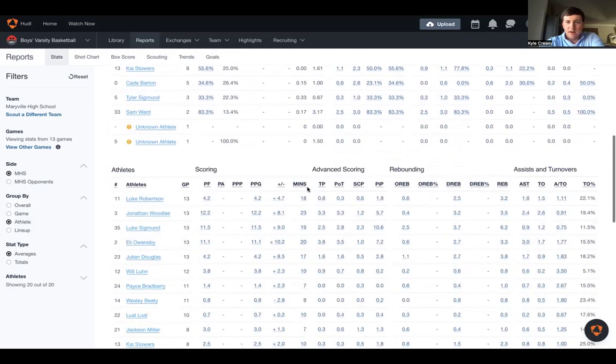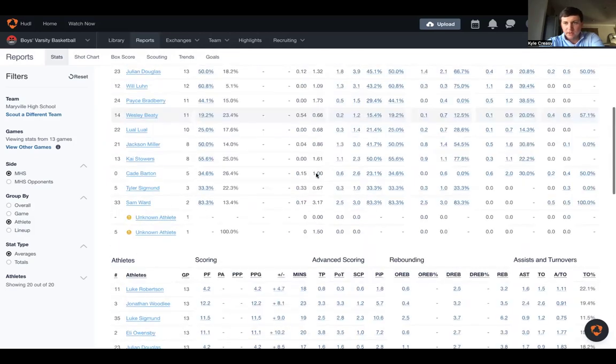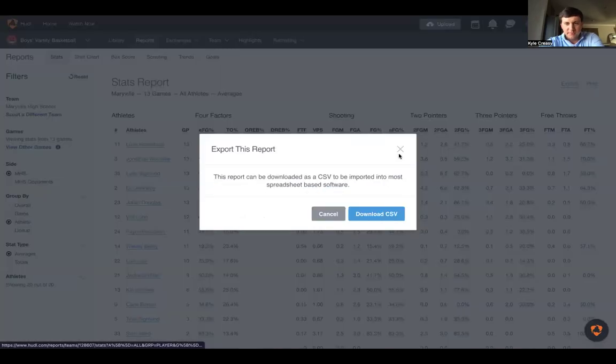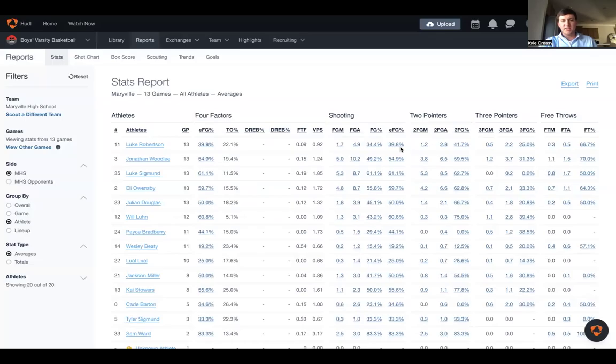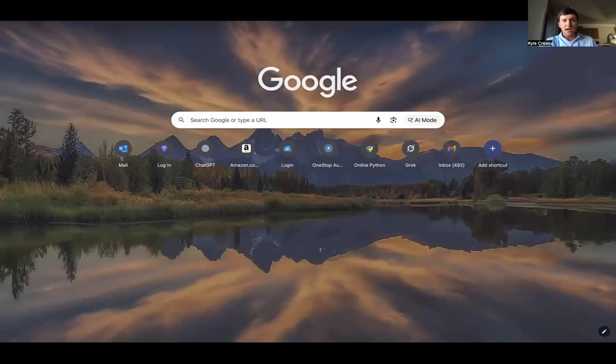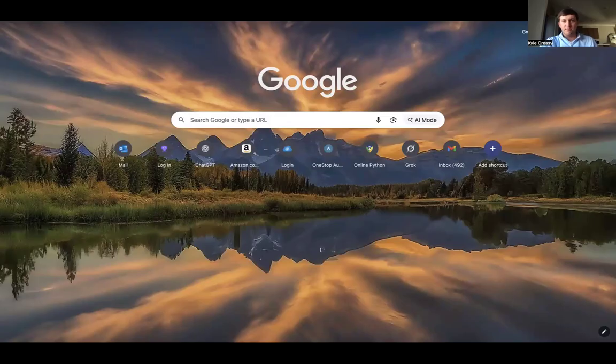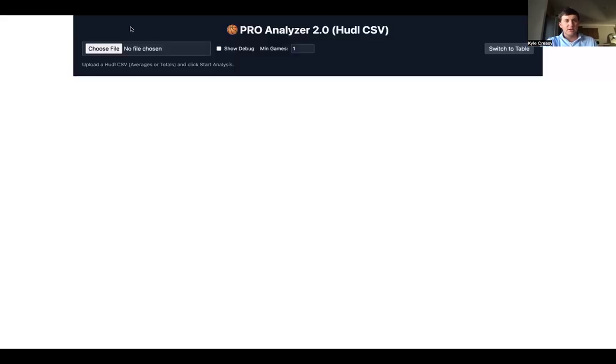Okay, obviously it has every statistic that is in the pro formula. You will hit export. Okay, you will hit download CSV. I don't have to do that right now because I already have this CSV downloaded. But then that will download that CSV directly to your computer. Now, I have the website already favorited and bookmarked on my computer, but to go to it, it is